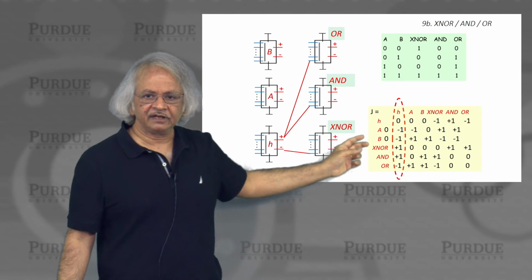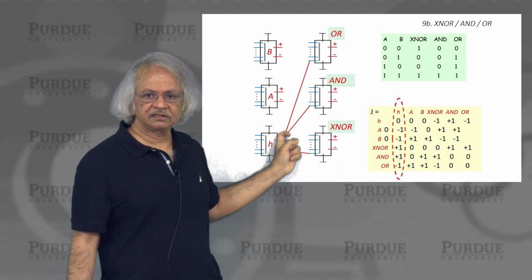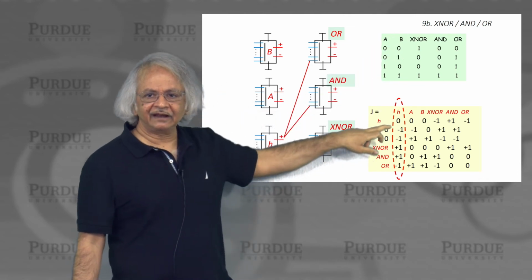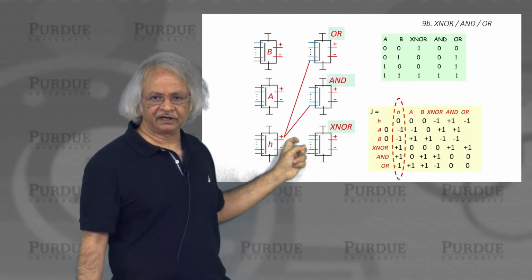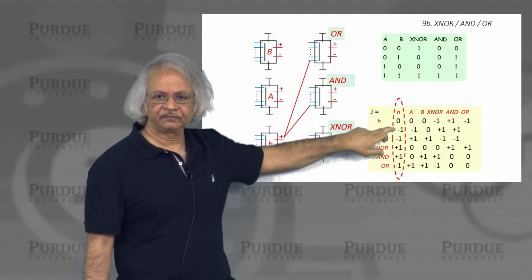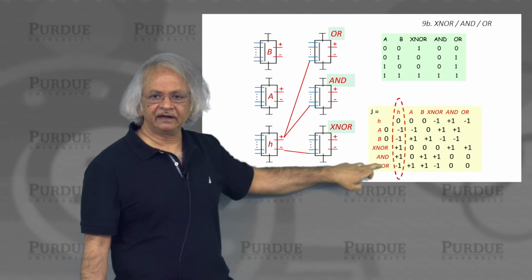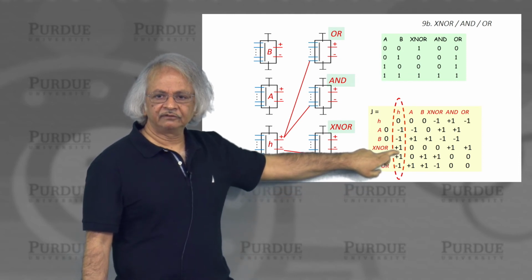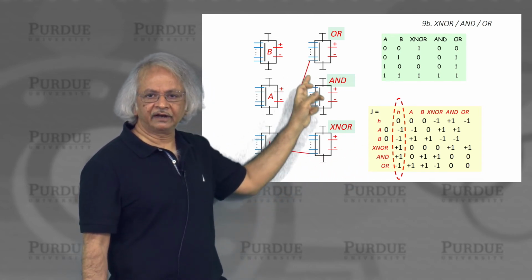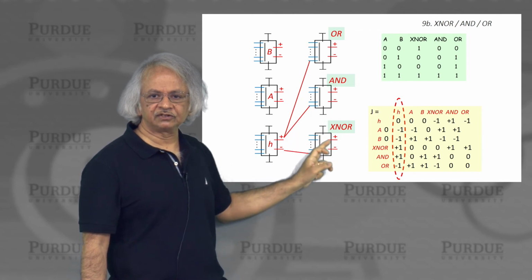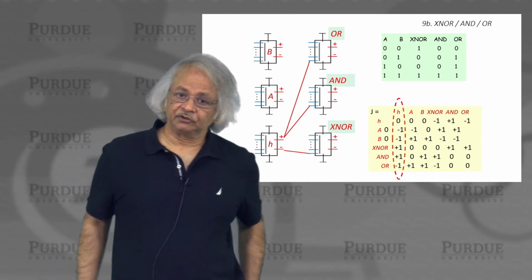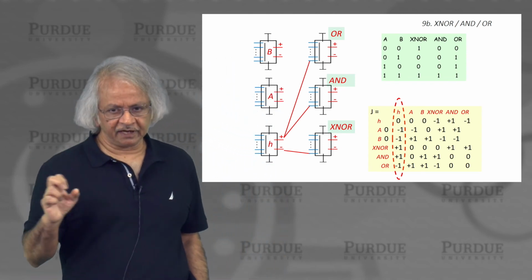Once you have the connection matrix, what you can do is have these blocks. Each one of these represents one of these, and then according to the connection matrix, you can connect these up. So, for example, what it tells you here is the output of H should go to XNOR and OR with various weights, and that is what I have showed here. It goes to OR with a +1 weight, and to XNOR with a minus weight. So, according to the different columns, that is how you connect them up. And once you have connected them up,